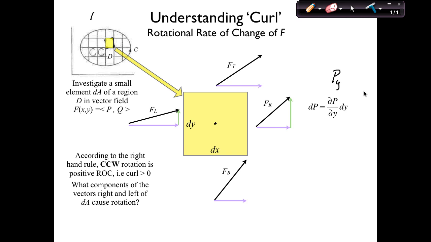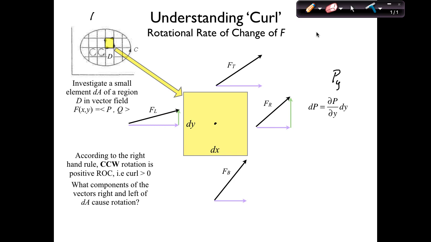So from bottom to top is a change in y, and to get the corresponding change in our x component, P, which is what we're interested in for curl, it's just going to be the rate of change. P with respect to y times dy is going to equal dp. Oh, now we're talking about the other way. Okay, so now,